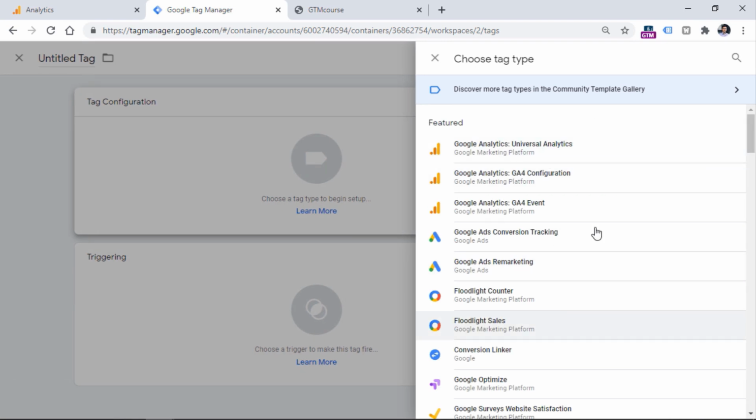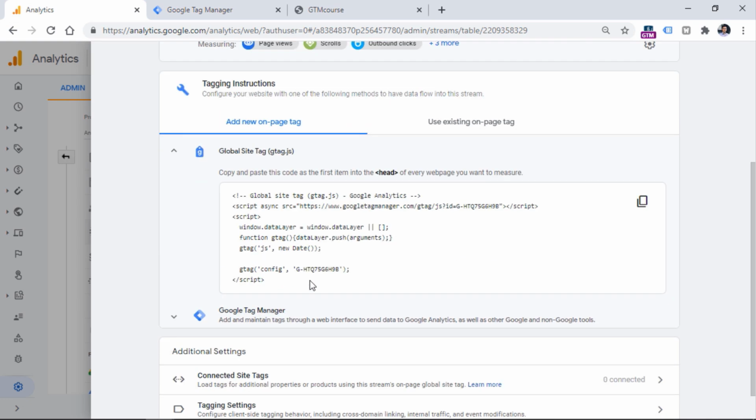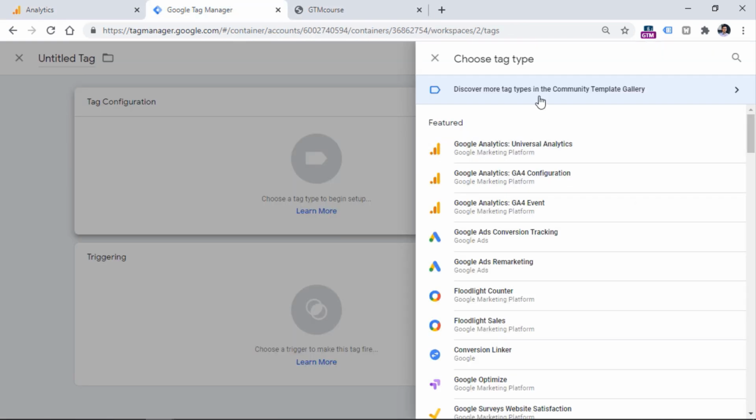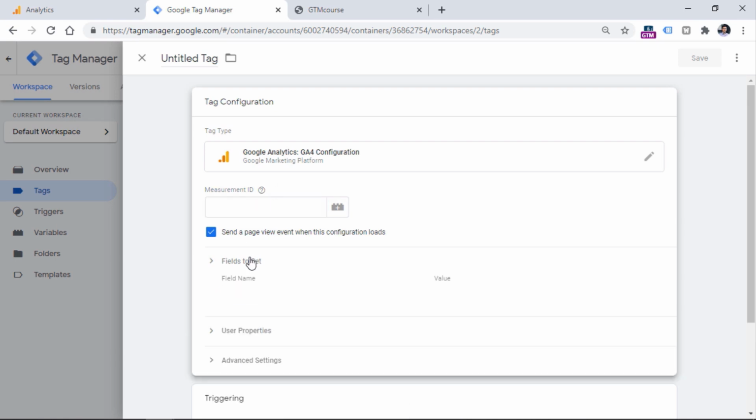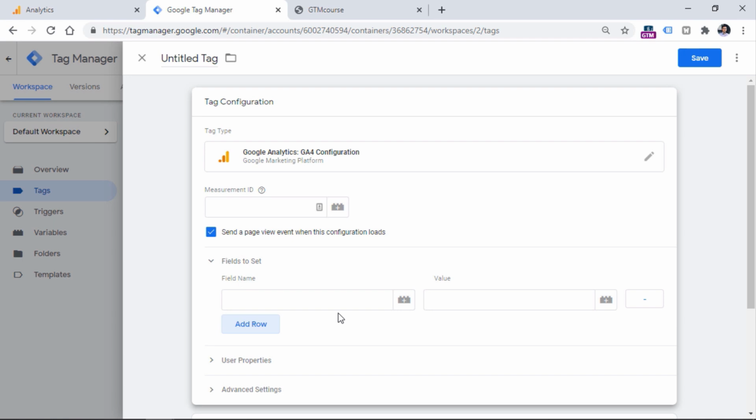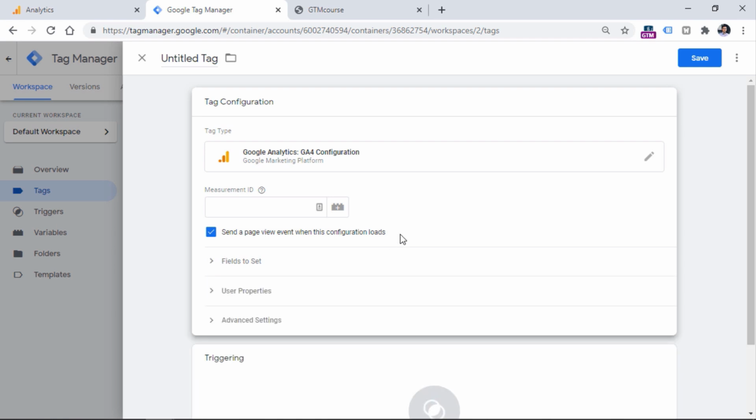So let's click it, and you will see a bunch of tag templates right here. Now, tag template is basically an easier way for you to manage your tracking code. Instead of just copy pasting or editing some custom code right here, you will just need to select a tag template. And as you can see, there is no code right here. We just have more user-friendly fields. Let's say input field, maybe some buttons, there might be some drop downs, radio buttons, or something else, but you don't have to deal with the code right here. And this is obviously very convenient for non-technical people.